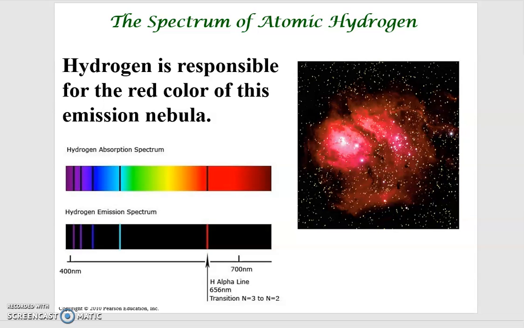Because we cannot drive a spaceship and go in there and detect it. So we basically just detect the light from the stars. What we find out is that if you try to detect, for example, the spectrums from the nebula or from some stars, their spectrums will show you what kind of element exists there. So for example, if they show you a spectrum here, then we can for sure say that there are some hydrogen atoms within that star.